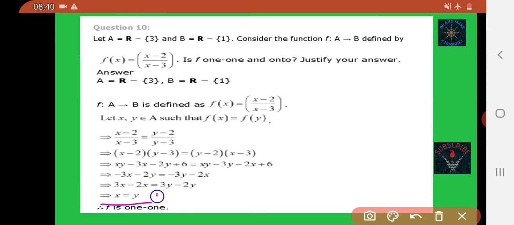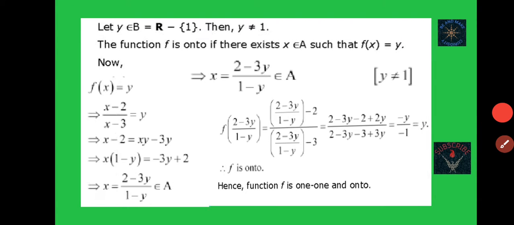x is equal to y. So function f is 1-1. Understood? Now come to prove this function is onto. Okay, so now...